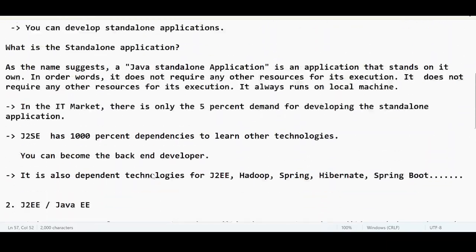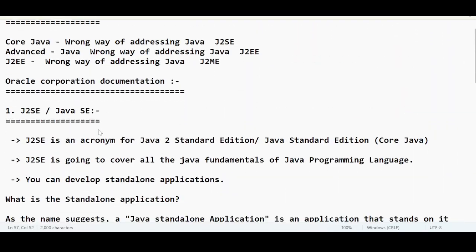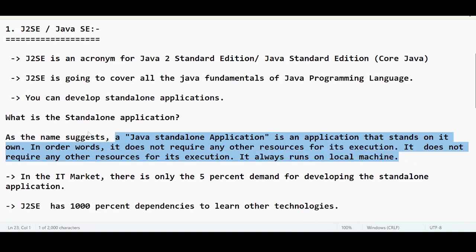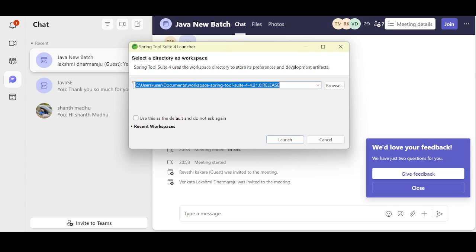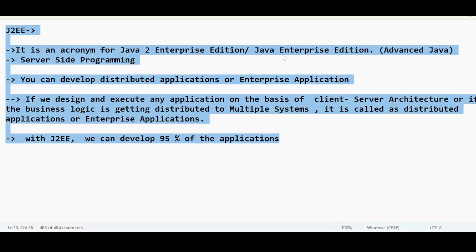So we have learned so many things. We are able to draft interview questions. This is a popular interview question: what is a standalone application? Very, very popular interview question. These questions are often asked, guys. We always tend to ignore the main questions, isn't it? Okay, I will keep this.